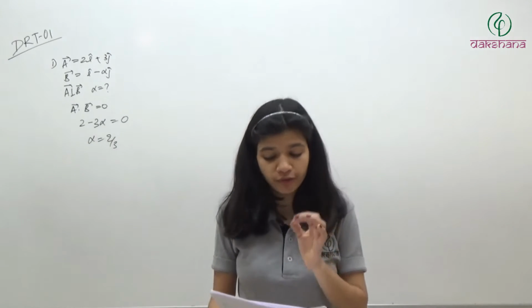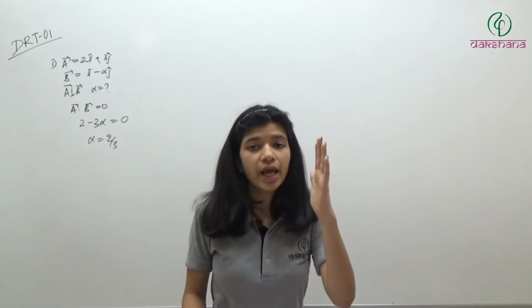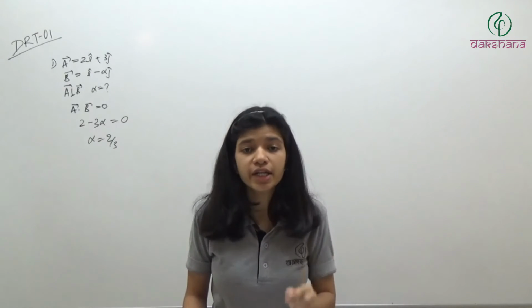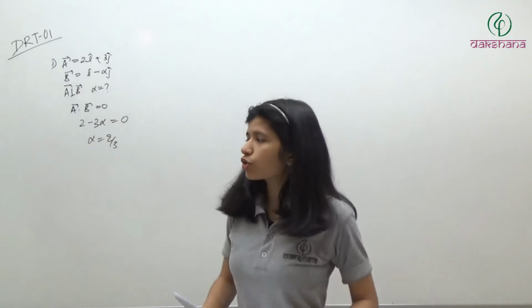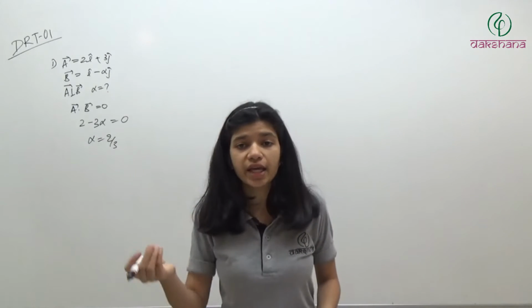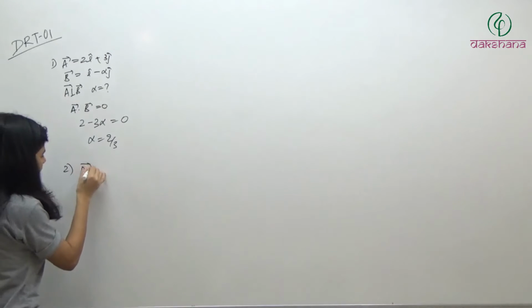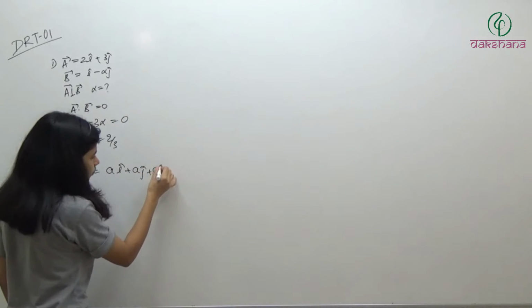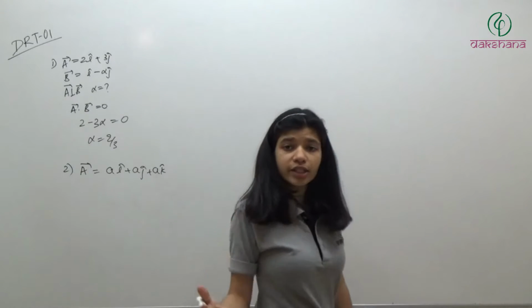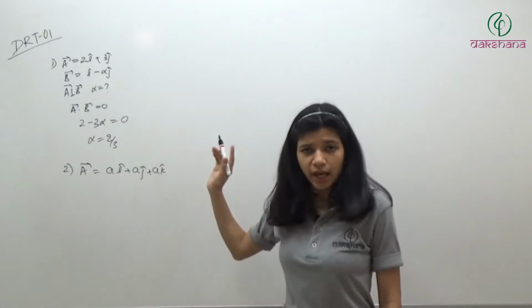The value of its component in terms of magnitude of A will be, so we just have to find out the magnitude. Now we know that in x, y and z, all three directions, it is going to have the same value or same component. So what I can write, capital A is equal to a i cap plus a j cap plus a k cap. I can write it like this. In all three directions, it is going to have the same value. So a i cap plus a j cap plus a k cap.